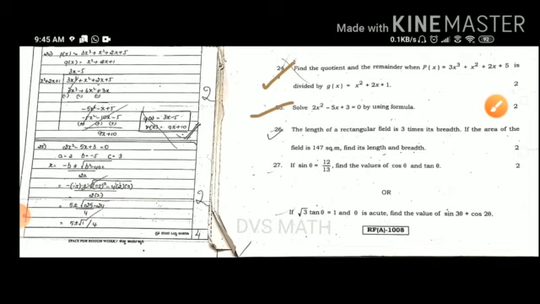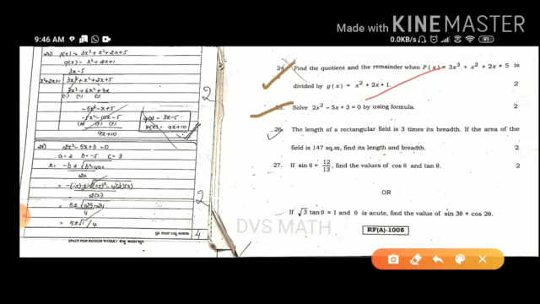24th question, find the quotient and remainder divided, and definitely the one question will be related to the division. Either they may ask for division or they may check verify using the formula, that is p of x is equal to q of x into g of x plus r of x, the general formula. They may ask like that also. Or they may ask general division.